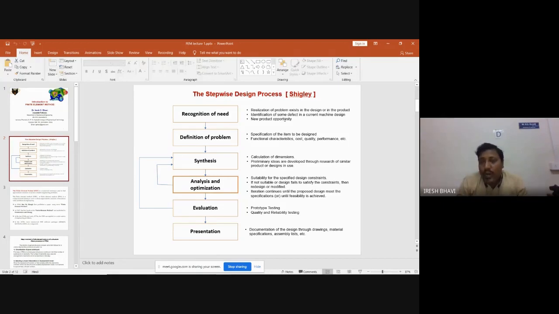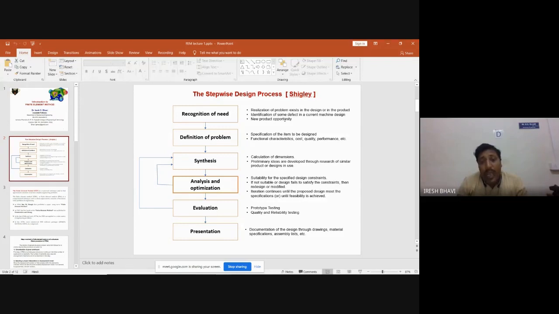For example, in the olden days, the mobile was there, but mobile was used only to receive and make calls. But later, some accessories were added. For example, GPS was added in order to track the person. Suppose if a person is in any danger, in order to track that person, GPS was added, and later an audio system was added, so that as the person is always carrying the mobile with him, he can use it as an audio player also. So audio players were added. So those were the needs recognized. Already the product is there and you have recognized the needs, or you are planning to improve that product. That is also one type of recognition of need.